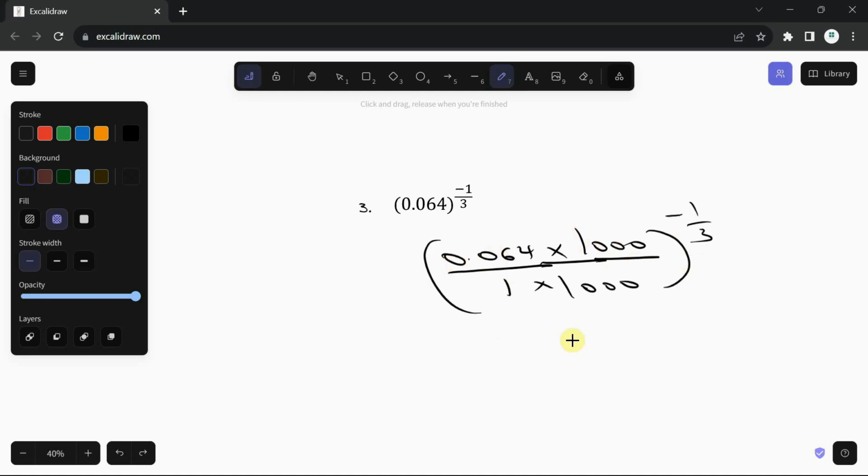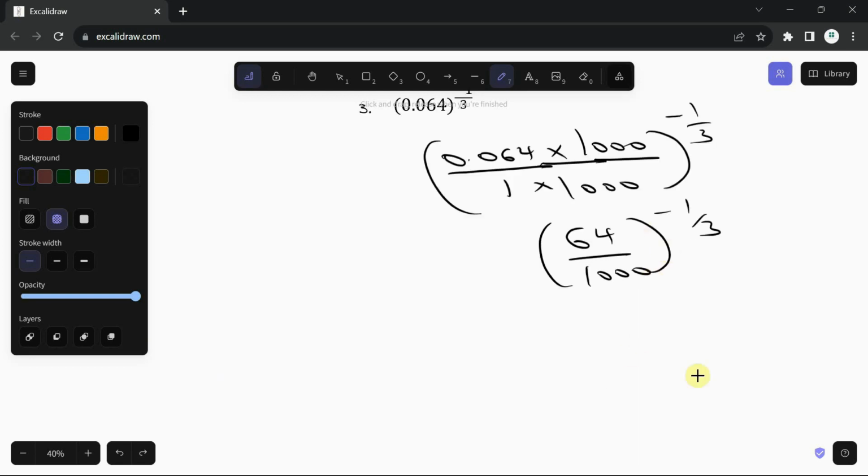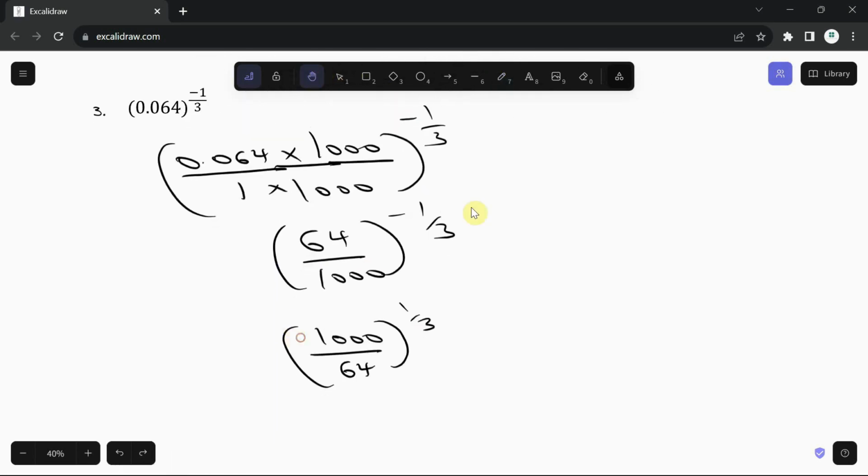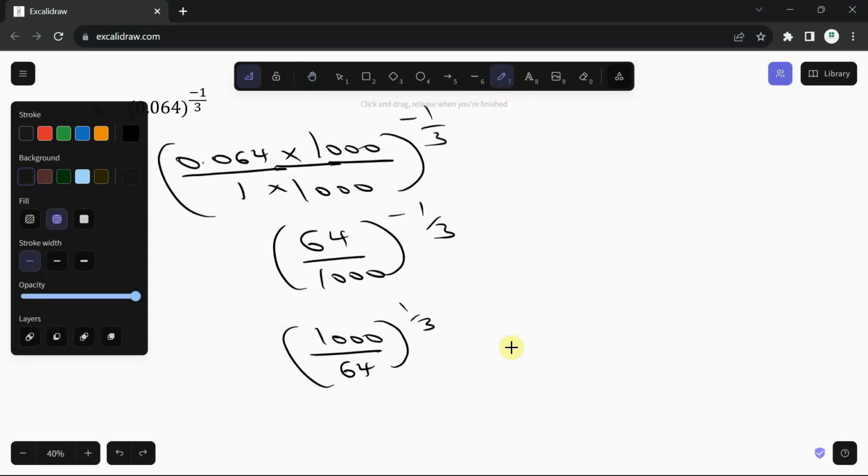If I multiply this by this, this will just give me 64 over 1000 raised to the power of minus 1 over 3. Because of the minus here, I have to invert this. That will be 1000 over 64 raised to the power of 1 over 3. And this is like saying take the cube root of this particular fraction. If I want to take the cube root of this, what would that give me? So that will be the cube root